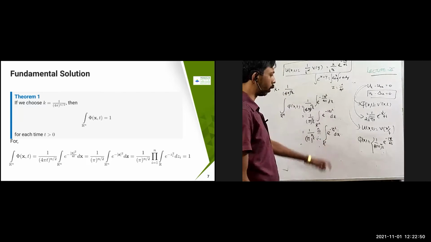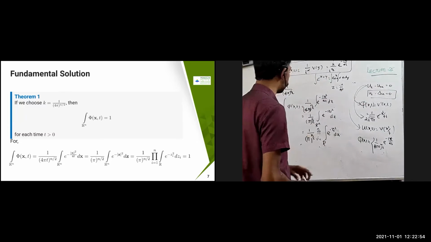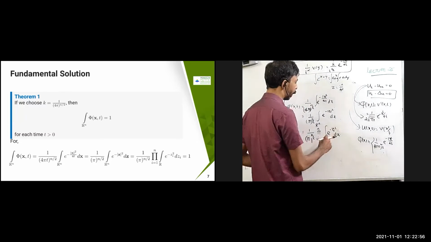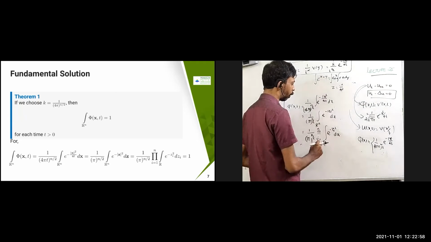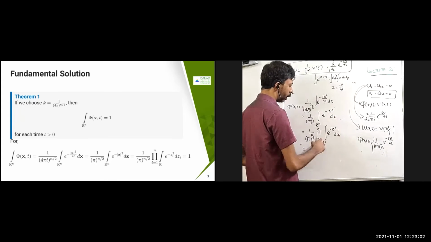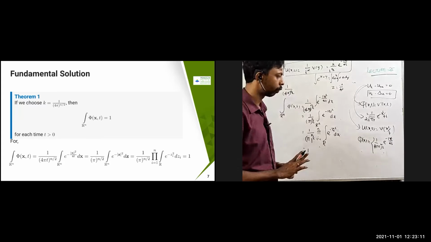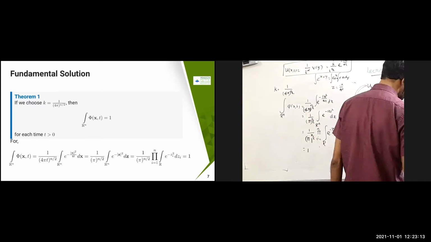You know this one. This is the gamma integral, so you know its value. It is going to become the square root of π for each one. Square root of π keeps repeating, and since n products are there, you get it n times. Both are going to get cancelled, so you are going to get 1. So this proof is very simple.